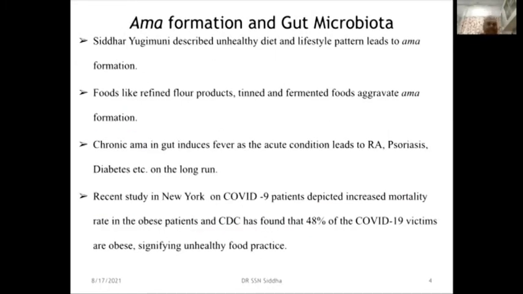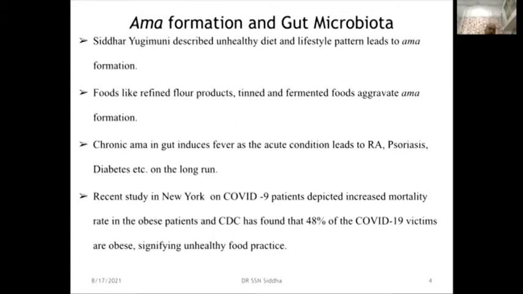What Siddha said, many pathophysiological textbooks written by Siddhar Yugimani describe unhealthy food diet and the lifestyle pattern leads to ama formation. In recent days, we used to tell like refined sugars, that maida product, biscuits and bakery items, tinned and canned foods, and refined sugars are the main food substances which aggravate the ama formation in the stomach and the intestine. So the chronicity and the chronic ama existing in the body GIT tract will ultimately lead to a chronic fever pattern, and that becomes a metabolic disease or an